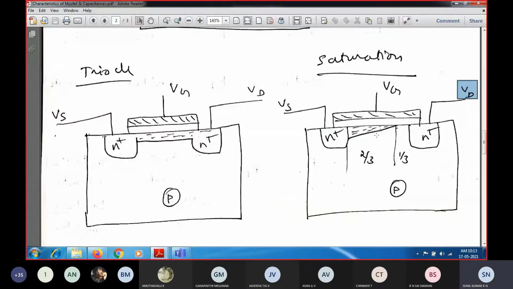Okay, so you can see this is the length of the channel, and this is the length getting pinched off. So part of the channel is getting pinched off over here. If you consider this as the length of the channel, then two-thirds of the